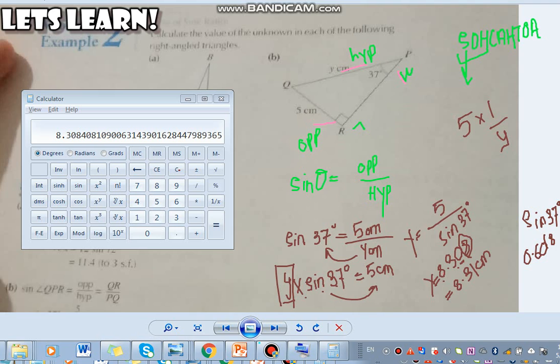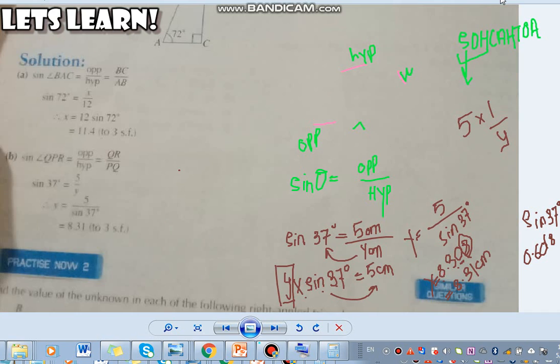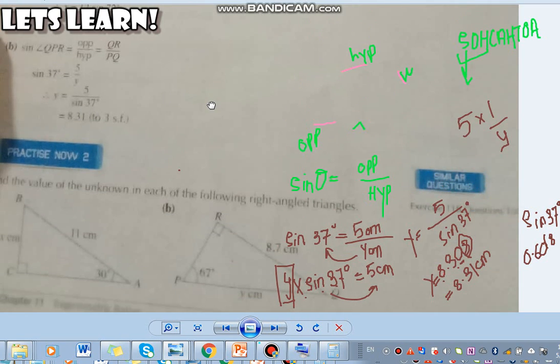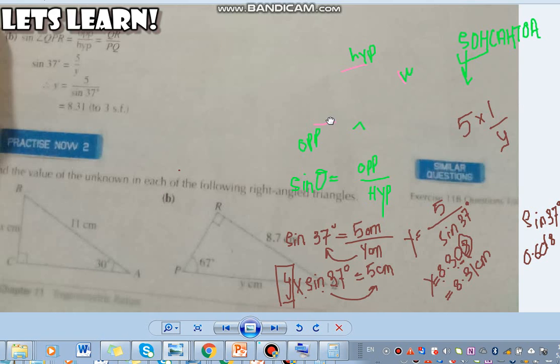This was how we are supposed to calculate the unknown side of our right angle triangle. So you can see that the approximated answer is basically 8.31. Again, I need to clarify one thing very precisely: if you do it on a laptop, your calculator might not be doing it the way you want, so you will have to take approximate answers. Here, when I rounded off, I'm getting my answer as 8.31, because this is rounded off to 3 significant figures.